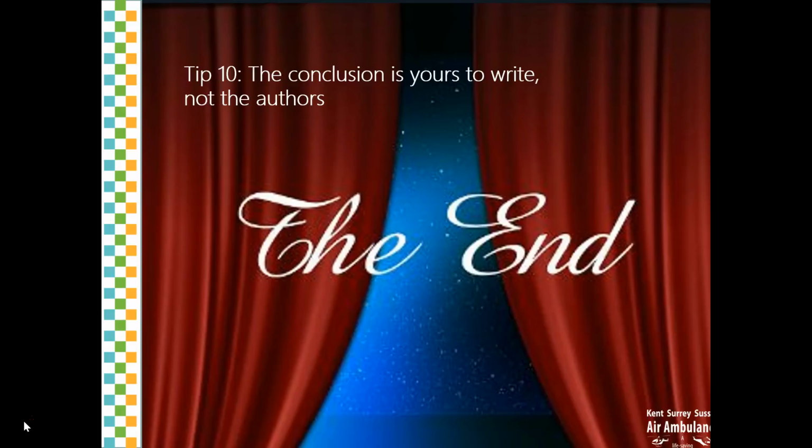And so what I think is that the conclusion is the reader's to write. It's not the authors' to write. You should read the methods, you should read the results, and you should formulate a conclusion before you read the authors' conclusion. And often it's valuable to compare the conclusion that you've reached to the conclusion that the authors have reached. And that will sometimes help you tease out any biases or agendas that the authors might have